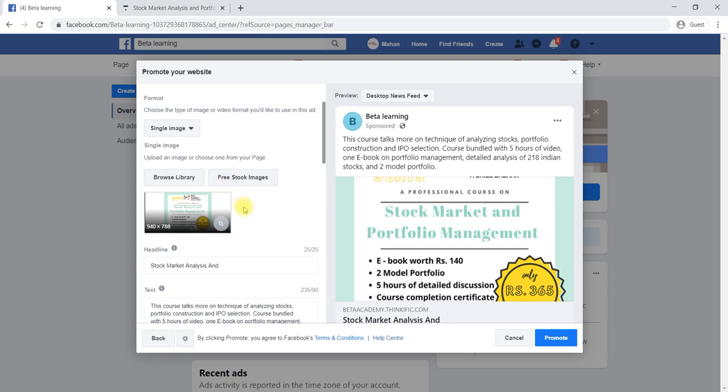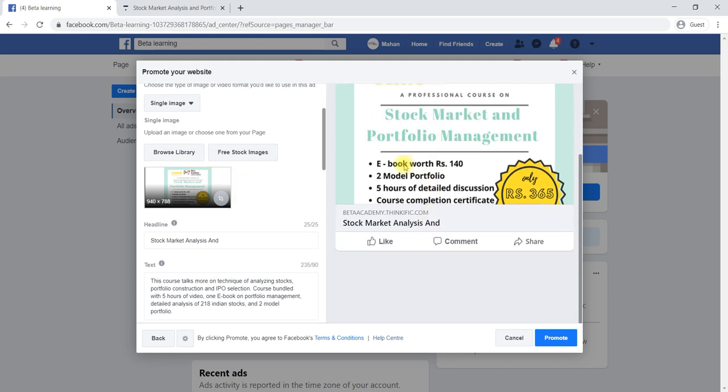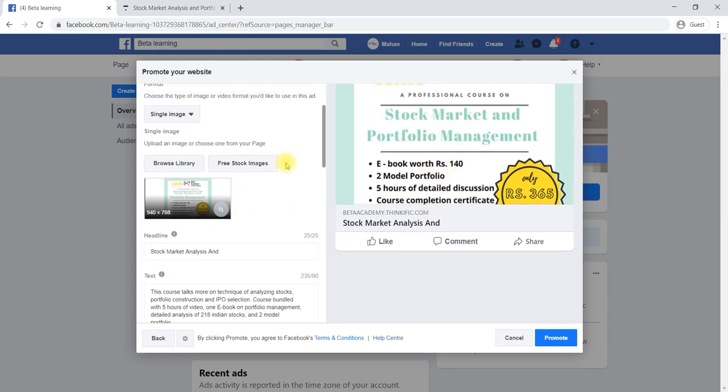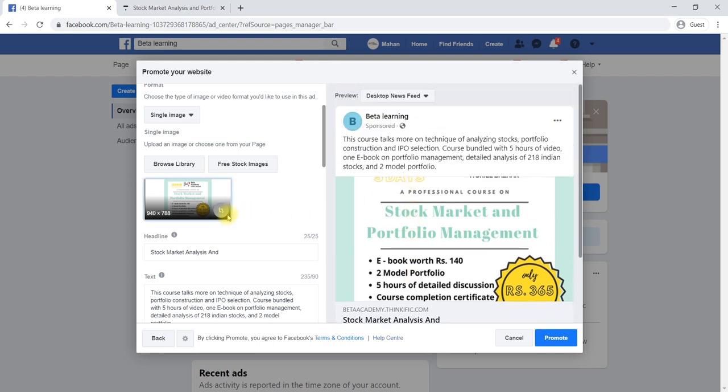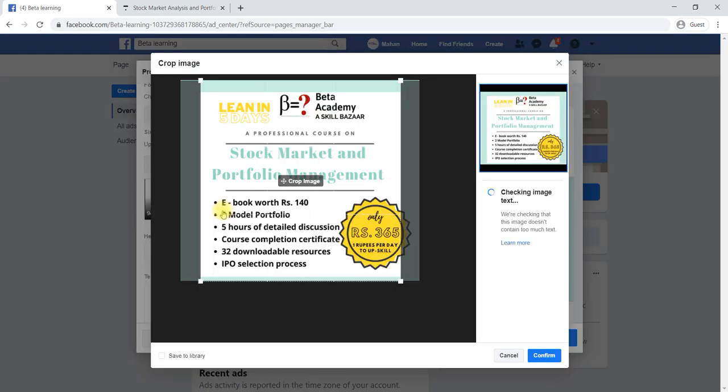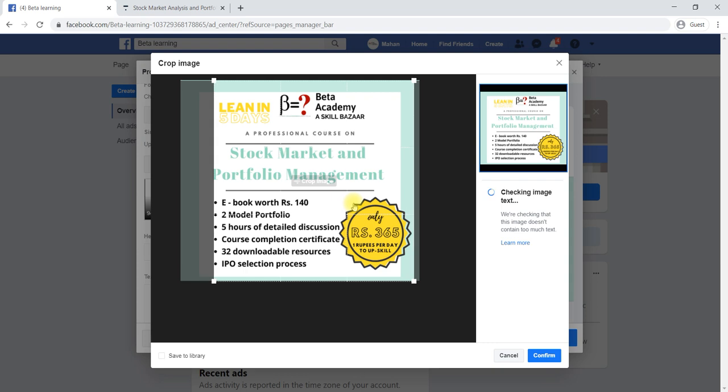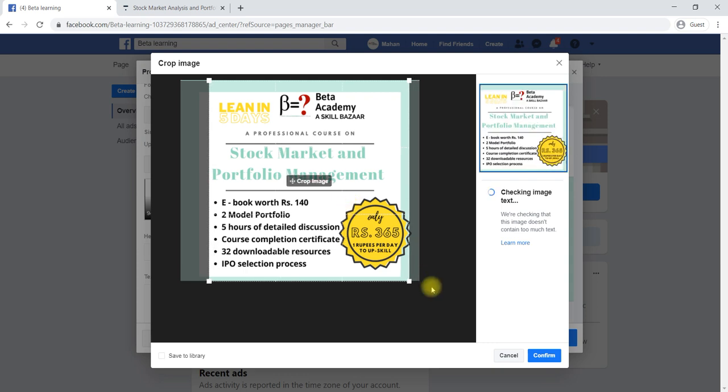Once you have done that, it will show this preview. If you would like to crop that particular image, go to crop here. You can select which part of the image needs to be shown, select like this and confirm.